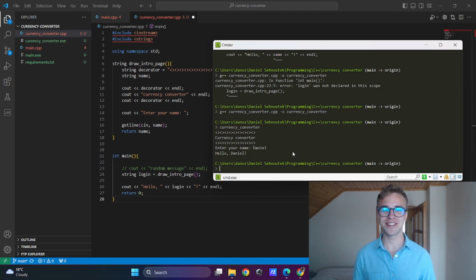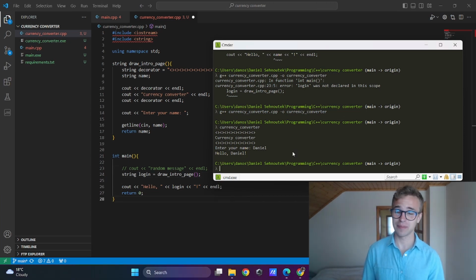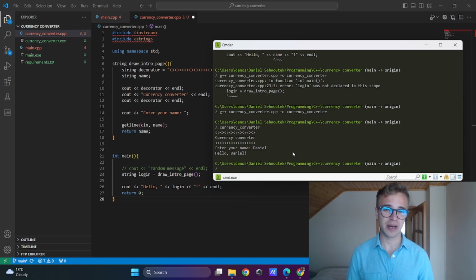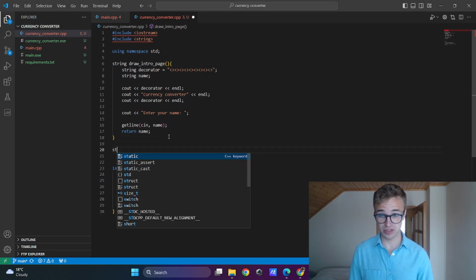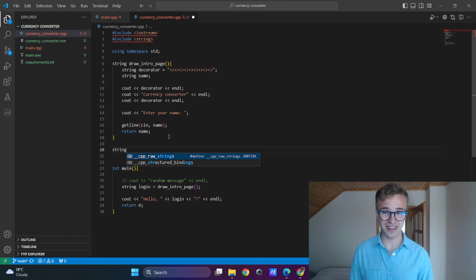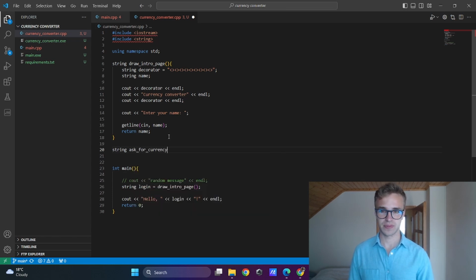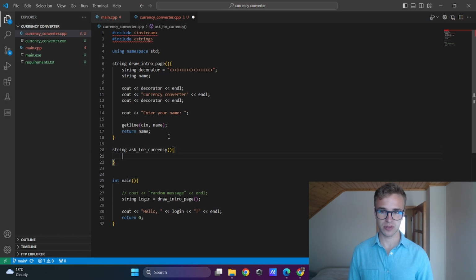We are in the currency exchange project. The next step that should come to your mind is to ask for the currency you want to convert to. I will define another function that will also return a string, askForCurrency. Without parameters.